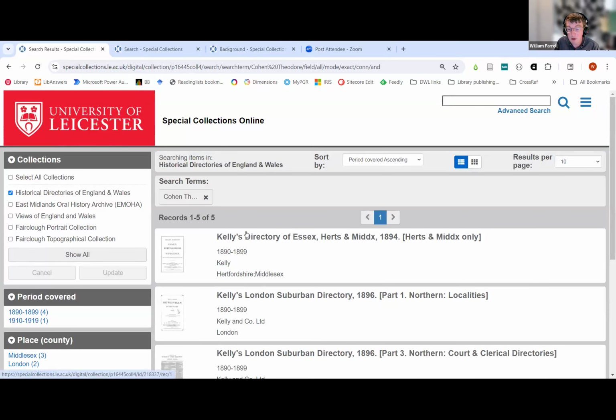5 results means 5 directories where these words are present. It's not necessarily the number of times these words appear in total in the whole collection. So particularly if you're interested in surnames, if you just did Cohen, it might tell you there are 300 results, but that's 300 directories where the surname Cohen appears and not the number of times Cohen is mentioned. You won't get that answer from the number that was recorded here. So if you want to do that kind of quantitative analysis, or are just interested, you'll need to work that out yourself. And that's why I say using the PDF versions offline, you might find that easier.